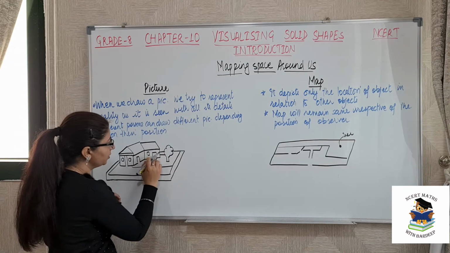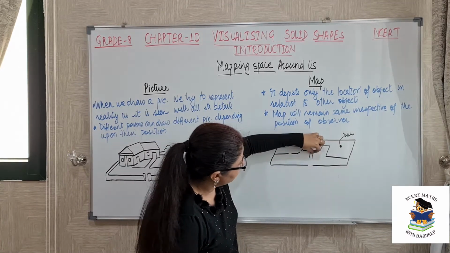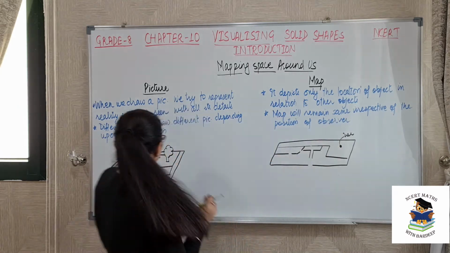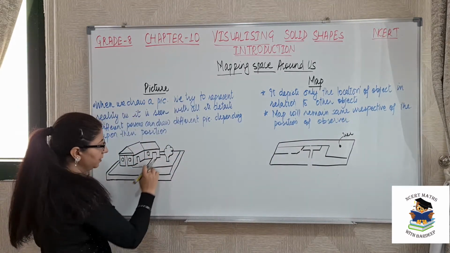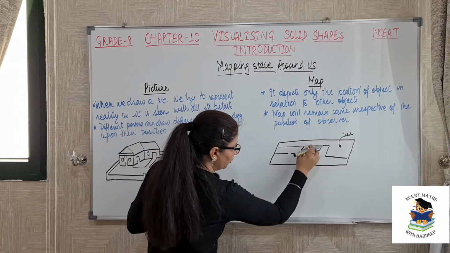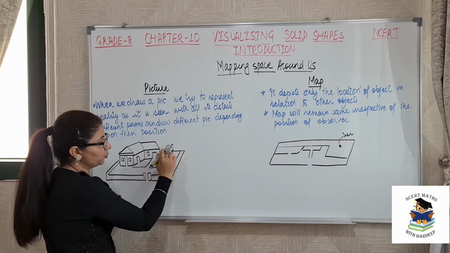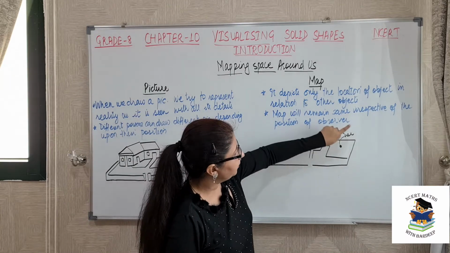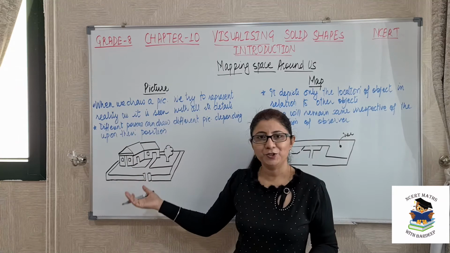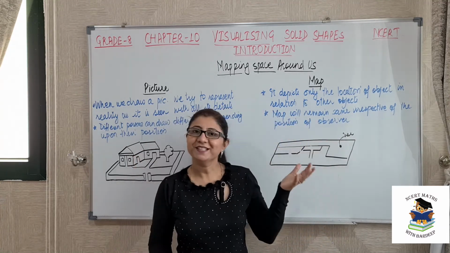Then for this house also, see, this is the gate or the door. So in the second room also I have drawn this gap. This shows that this is the door of the second home. Next, there is a passage in front of this door, so the same thing I should show here also, right? Next, on the right corner there is one tree. So I have made one dot and represented that this is a tree. So this is the map of the same home that is shown here. I hope now the difference between the picture and map is clear to you.